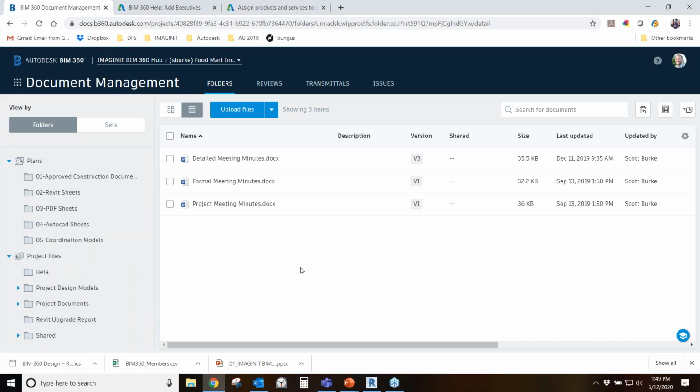But this is a lot more than just your normal Dropbox type of environment, because it ties into the different software that we use to author our projects. So because I've set this up as a project on my hub,